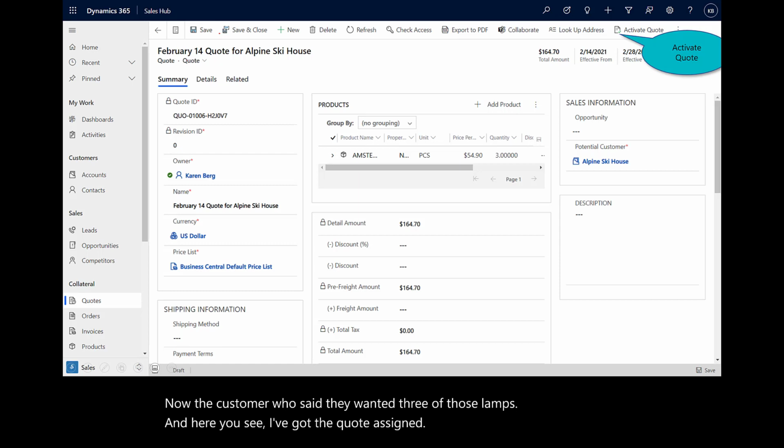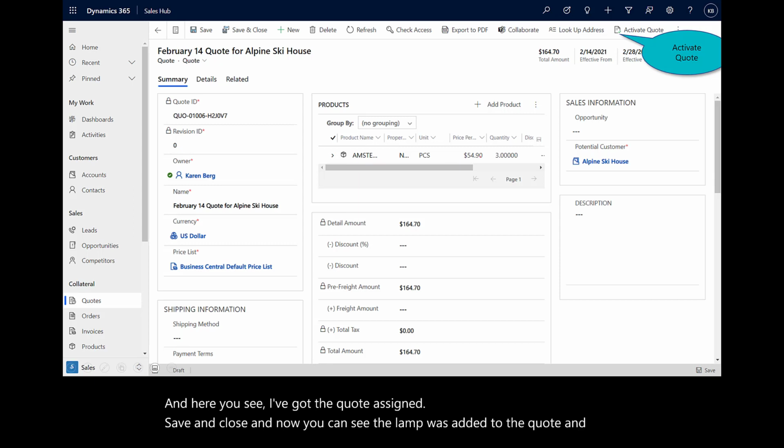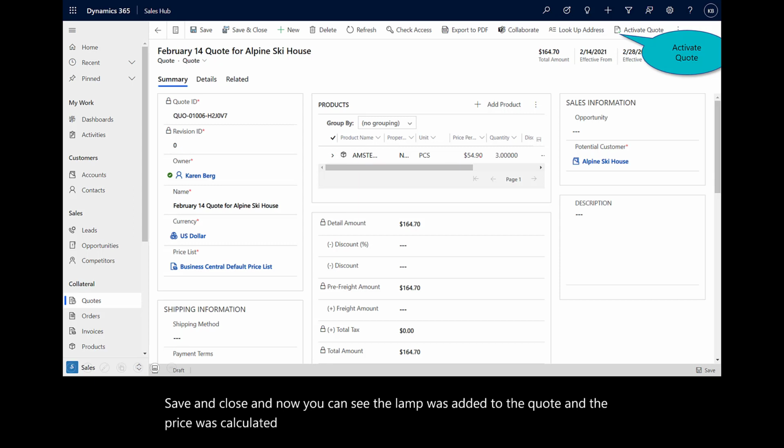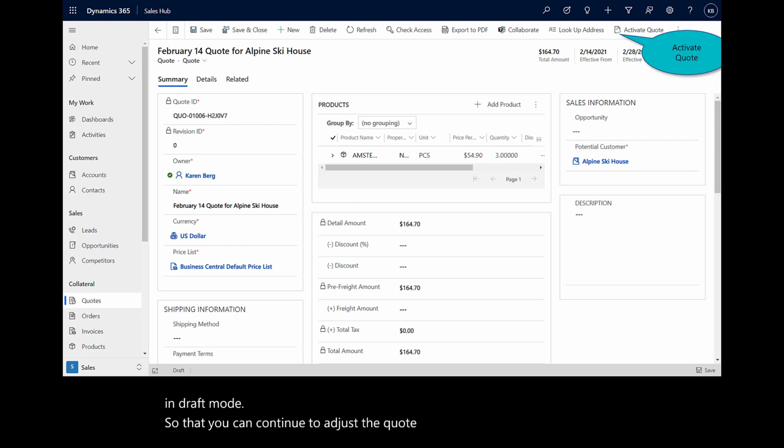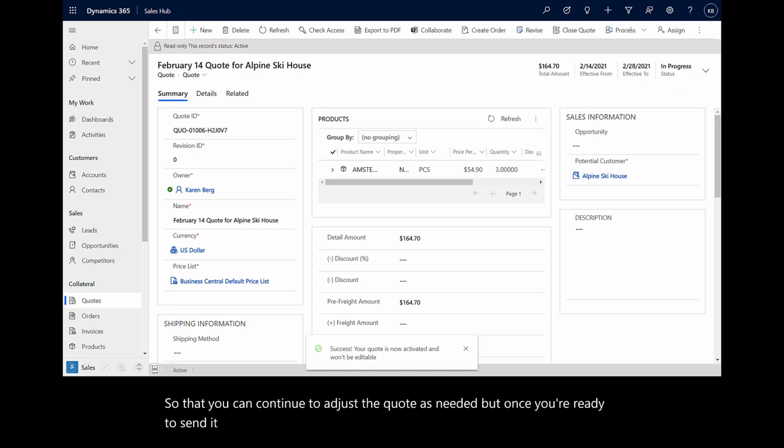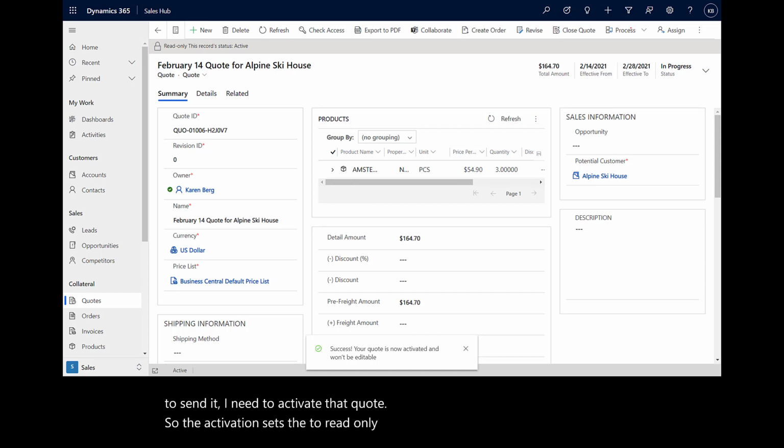Save and close. Now you can see the lamp was added to the quote and the price was calculated from the Business Central price list. Quotes are always created in draft mode so that you can continue to adjust the quote as needed, but once you're ready to send it, I'll need to activate that quote. The activation sets the quote to read-only mode. There are no changes that can be made to it for now, as it will be an official price quote